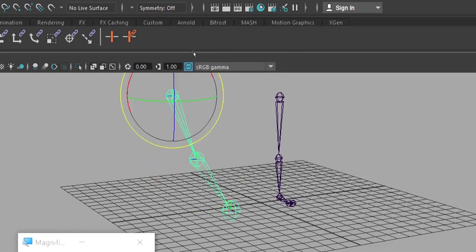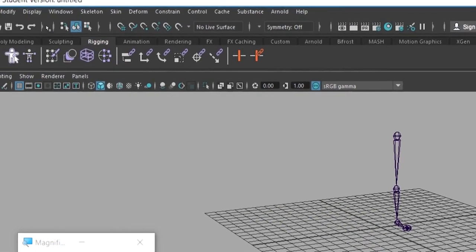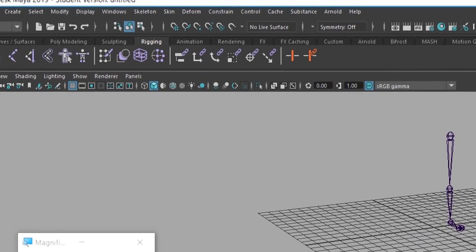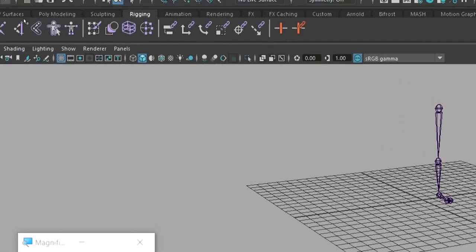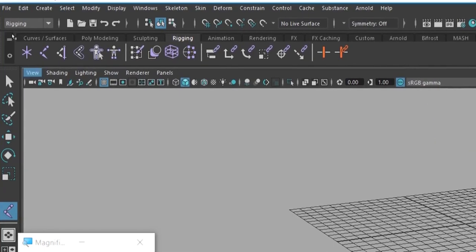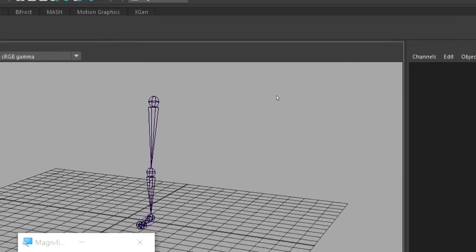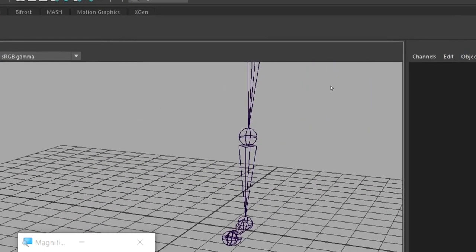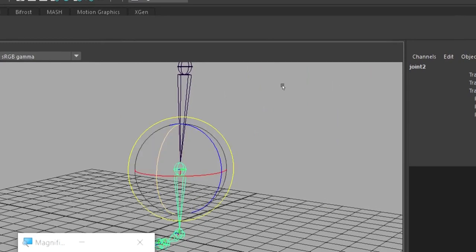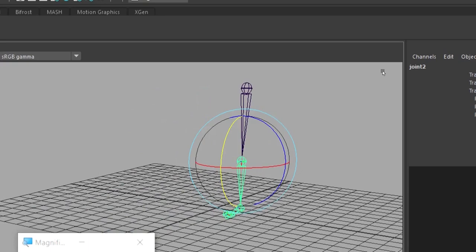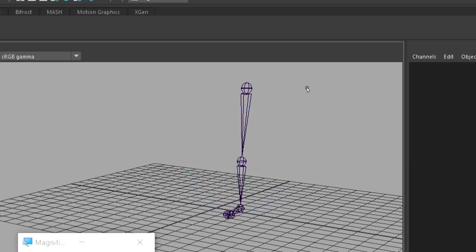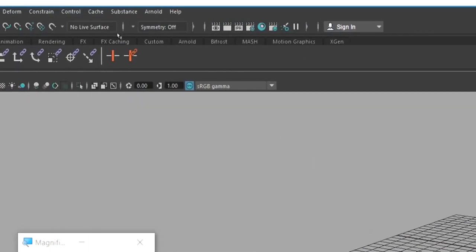So now I just want to delete this. I'm going to create another bone structure to give you more clarity on why you need the joint here. Told you, right? This is the knee. So what if I don't have this joint?